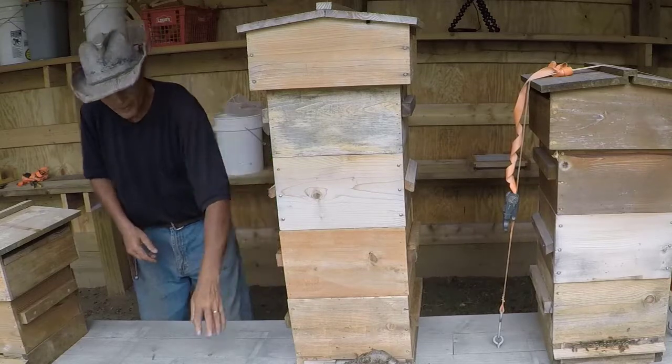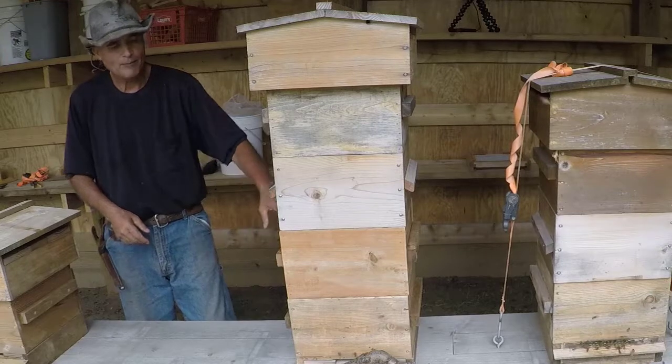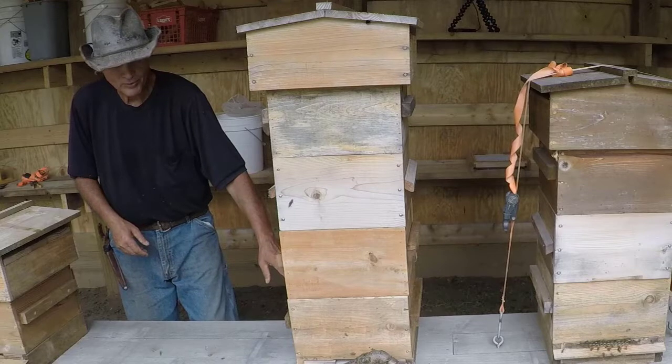These are the two boxes that I brought the branch over on top of. The top box, I usually leave all of the top bars out of. The lower box, I leave the top bars in place. So